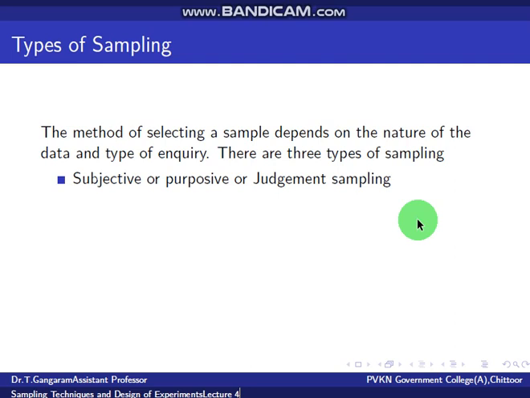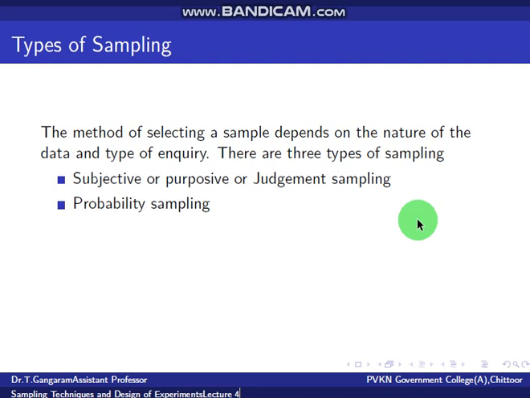For example, if the survey relates to living standard of a country, the investigator may select all the individuals from a rich locality for his convenience. Then this sample does not represent the middle and low income group of people. Hence, this sampling method is rarely used except if the investigator is experienced, skilled and unbiased. Whereas in this sampling, no probability is involved. Each and every unit of the population may or may not be included in the sample.